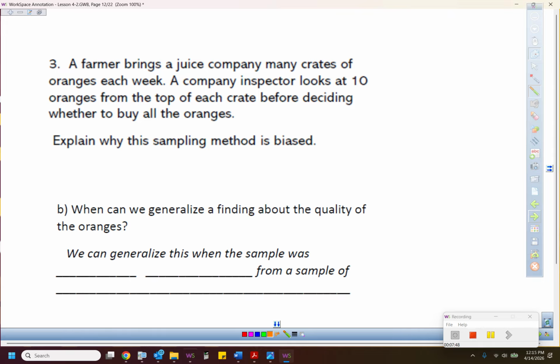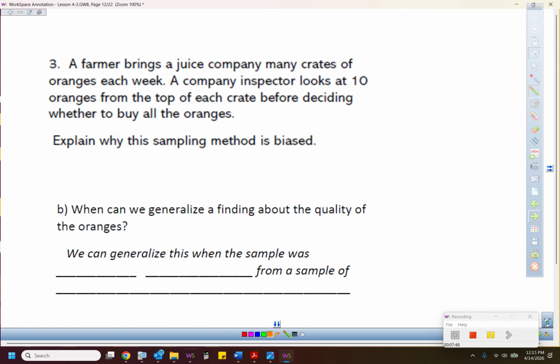What if you were the farmer? What might be true about the oranges on top compared to the rest of the oranges? What if the farmer had some bad oranges in there? What would he probably try to do with them? Like hide them a little bit on the bottom? Are you with me? Unless this guy who's buying the oranges goes through the whole crate and looks at, not necessarily all of them, but some top, some middle,